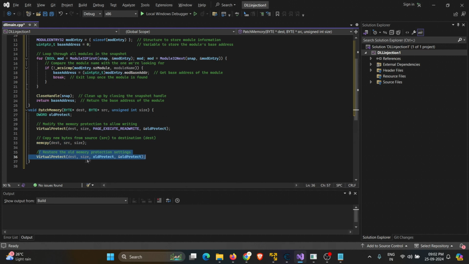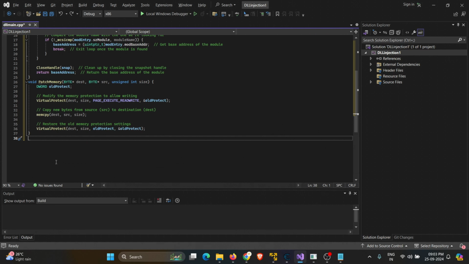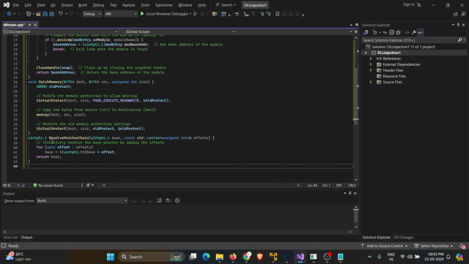This means we can seamlessly alter the game's code or data and patch the values. Next, we'll need a function that will resolve the pointer chain and locate the values that we want to edit by using different pointers. This function helps us to access specific parts of the game's memory that are located through multiple pointers. This is really useful when working with complex games that store data in structures with many layers